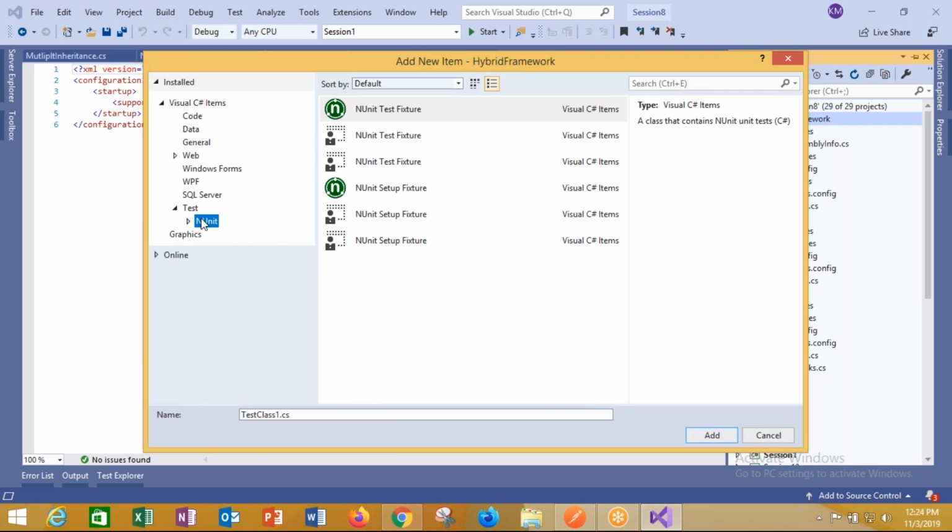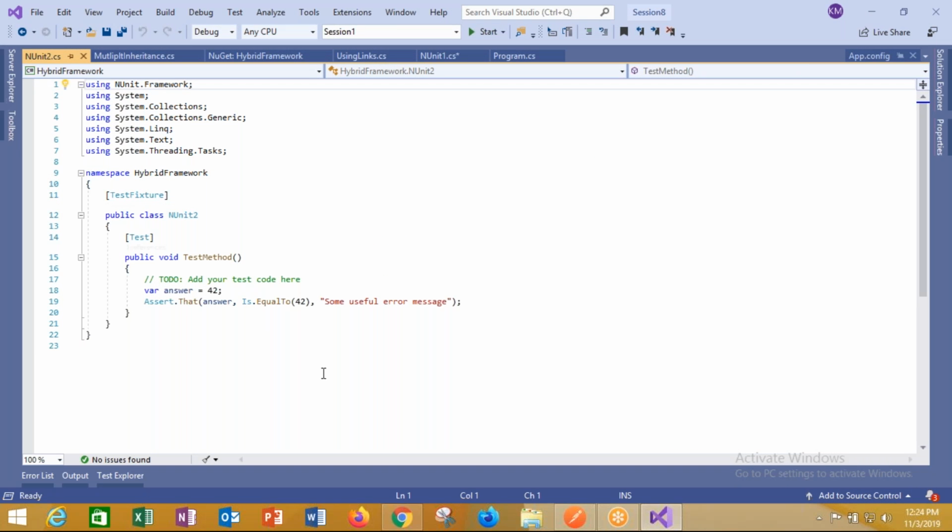That will be a NUnit class file definitely, and I'll call this NUnit 2. Everything we will test is self-added. Now I'm going to use one more fixture, decorator, annotation, whatever you want to call it, called as